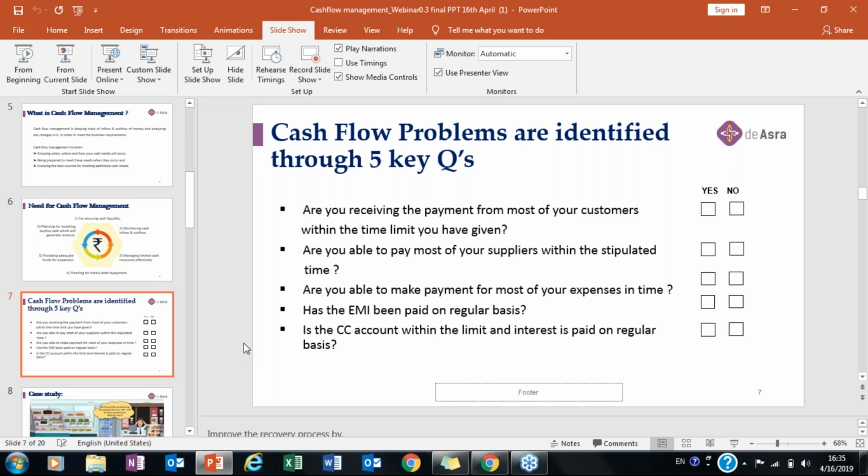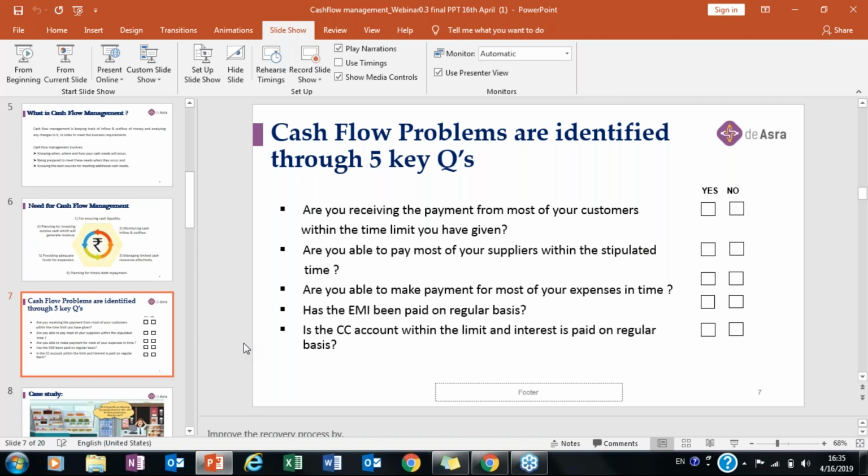So a bank gives you a given amount of money in your account as a CC limit, and as per how your cash needs are, you withdraw that amount of money. The best part about this is that you need not pay interest on the entire amount. As you withdraw from your CC limit, you have to pay the interest only on that amount.